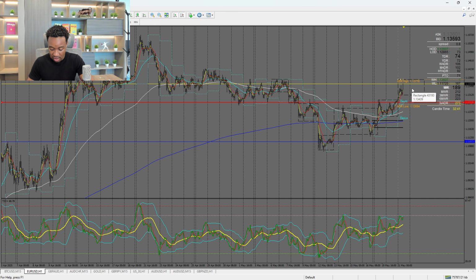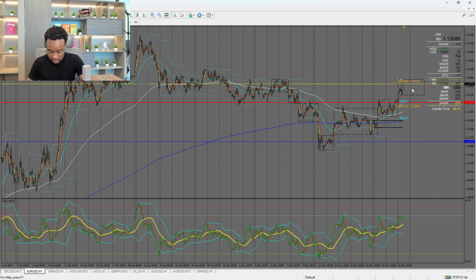I even got in a couple trades right now. Let us look at this. I should have kept my positions opened. Let me see. It actually hit my TP just now. But I'm looking for the pair to start